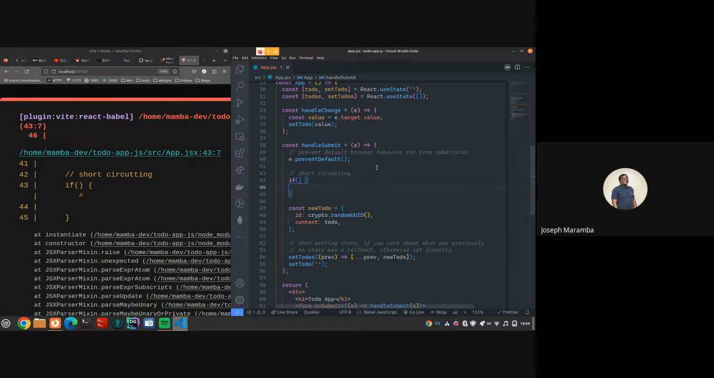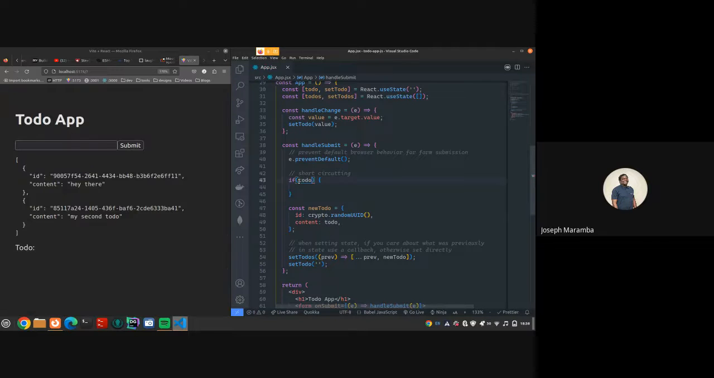So what is our condition? We want to check our to-do. I want it to be at least 10 characters long. How do I check the length of a string in JavaScript? Dot length. If I say less than 10,